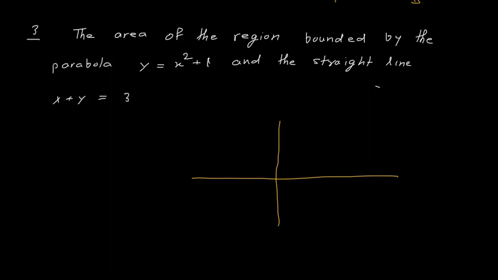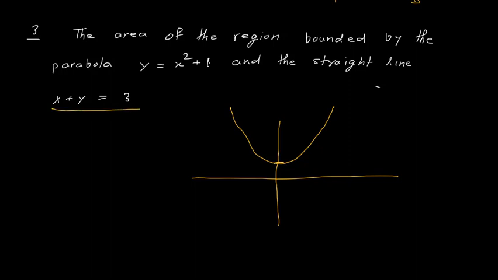So we have y equal to x square plus 1. So here if you plot, you will get a parabola which will intersect this y axis at height 1. Okay, when you put x is equals to 0, you will get y is equals to 1. Then you change different values of x, you take negative value or positive value, you will get different values for y. Now x plus y is equals to 3.